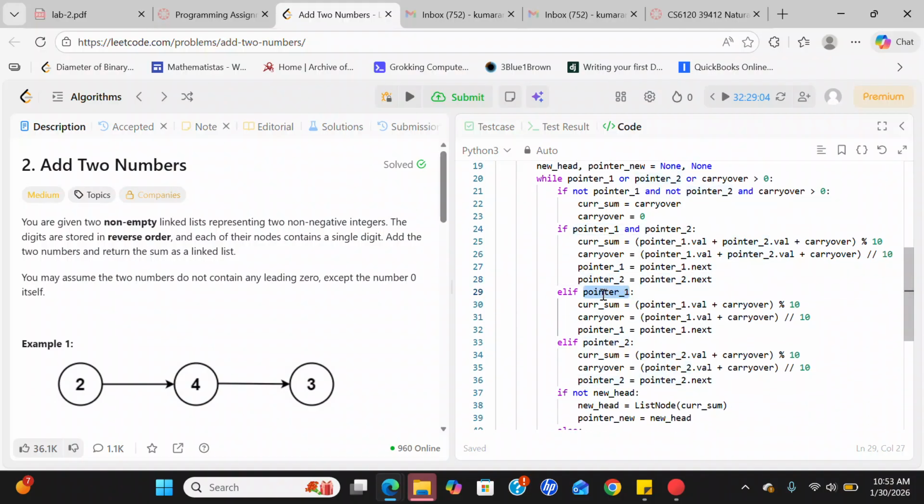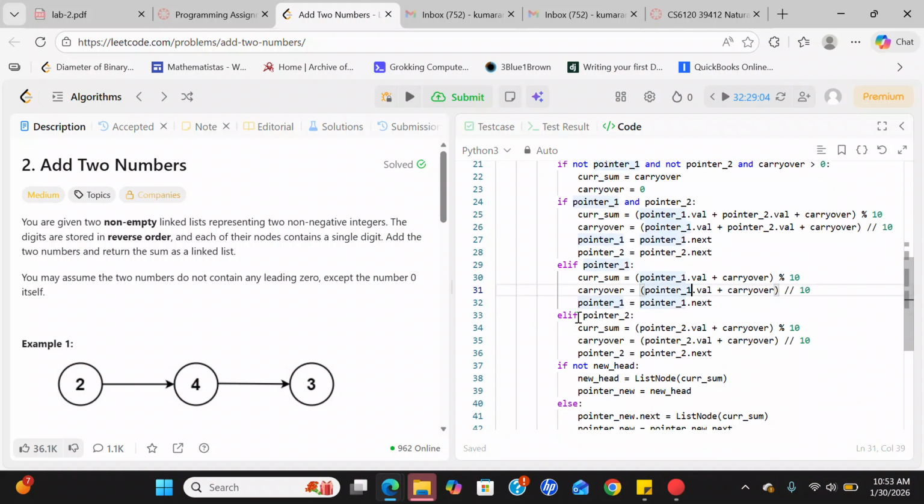Else, if there's only a pointer 1 and not pointer 2, then I do the similar thing, but I only add carryover and pointer 1's digit. And similarly, carryover equals that sum, but truncated. And pointer 1 is equal to pointer 1.next. So I'm still going through pointer 1, but I don't go through pointer 2 because pointer 2 is equal to None, which means that I've gone through that